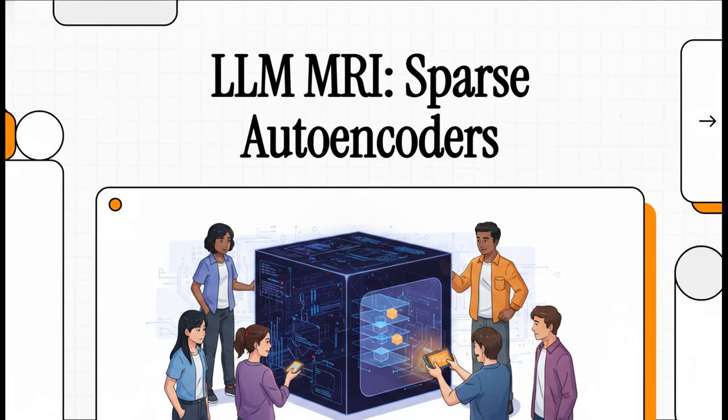All right, welcome to this explainer. Today we're looking right under the hood of large language models and really dissecting the architecture of sparse autoencoders. Look, if you're working in computer science, ML, or cybersecurity, you already know that while LLMs have achieved some truly staggering capabilities, they remain for the most part completely opaque systems. So today, we are prying open that black box.